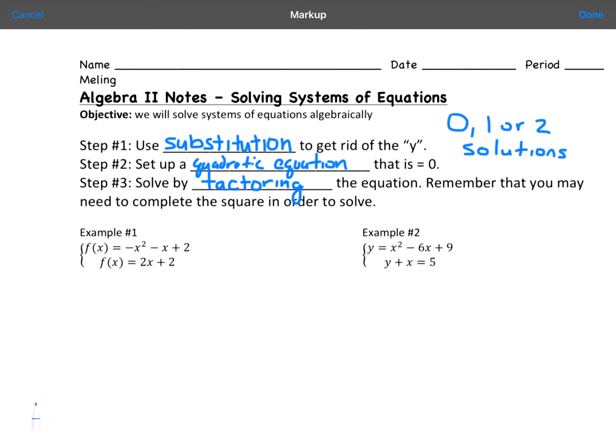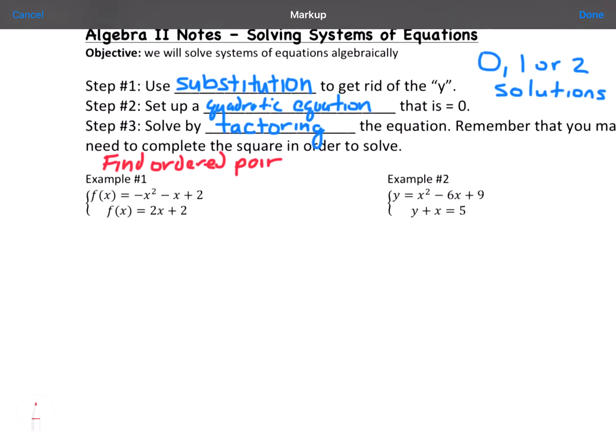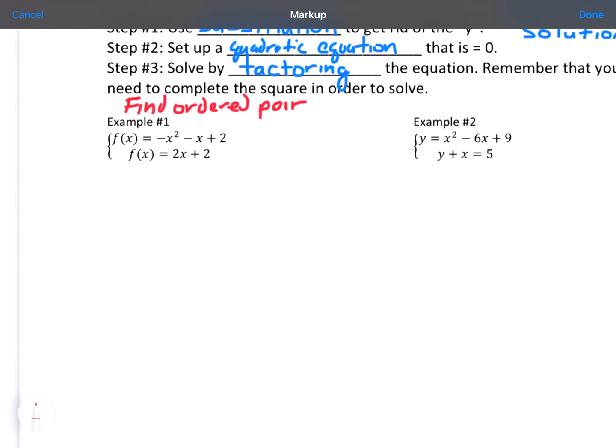And then something I wanted to add in is that at the end we need to find the ordered pair, and I'll show you how to do that. It's pretty simple. All right, so example 1, we have f of x equals negative x squared minus x plus